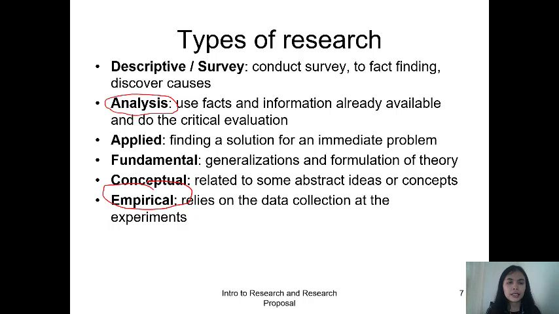Same thing like the empirical. You can also do an empirical study, like for example by having a comparative study. What I mean is comparing some data before treatment and after treatment. So you give, for example, a prediction using an algorithm. Okay, so that is the types of research that Diploma 3 students can possibly do. Okay, also you may also discuss about descriptive or survey, or you can also talk about the applied, fundamental, or conceptual.